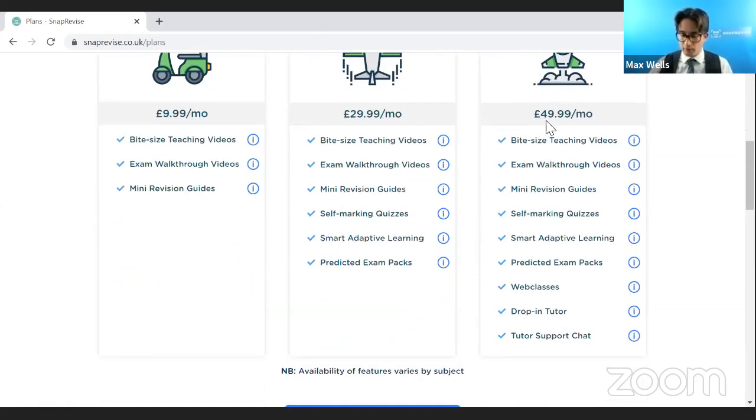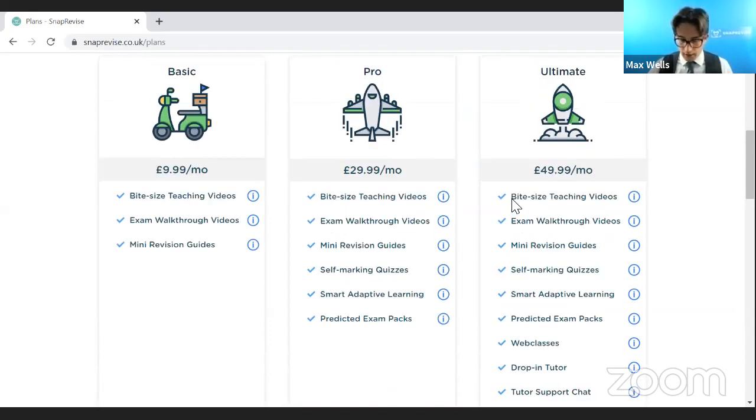So essentially £50 is an average cost for a tutor for A-level maths, but you're getting the web classes every week and the drop-ins. So you're getting loads of opportunities to have one-to-one tuition. That's a really good package to be aware of. And as I said as well, you've got the backlog of web classes that you can go to and follow up on. So that should be fine.